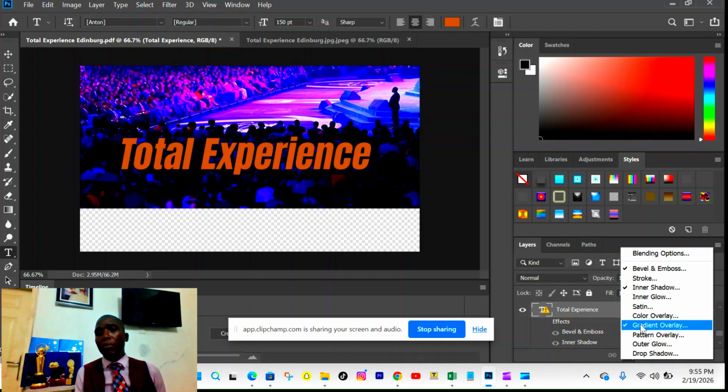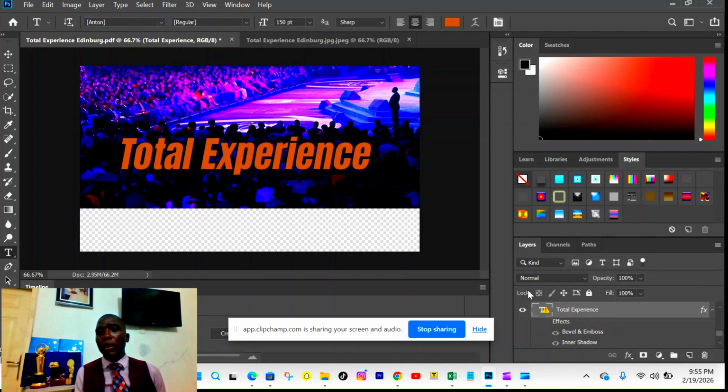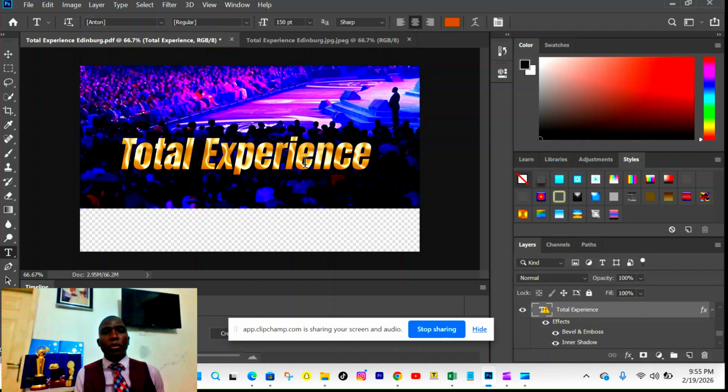Now, when you use all these effects, you can save them as a style. In another lesson I'm going to show you how to achieve that. But in this case, I've actually added all these effects. So you can see I have my luster here. So total experience is now looking golden. It's having that effect. It's not just looking flat. These are some of the things you might not easily achieve on some software or platforms that use